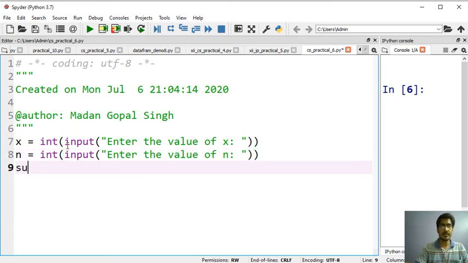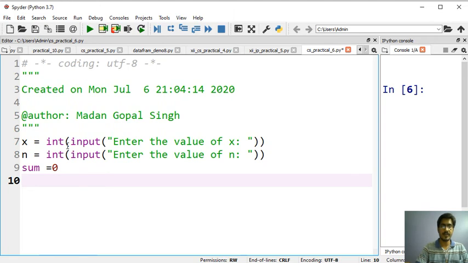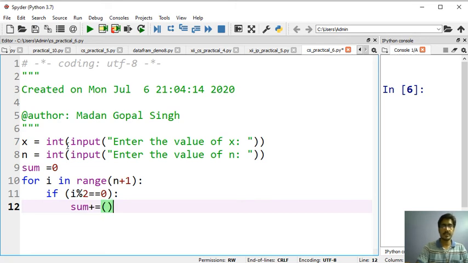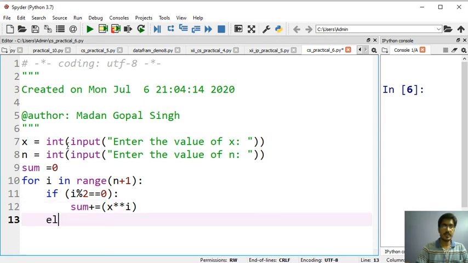then sum equals to 0, for i in range n plus 1, then if i percent 2 equals to 0, then you will do sum plus equals to x star star i, and otherwise number is odd.